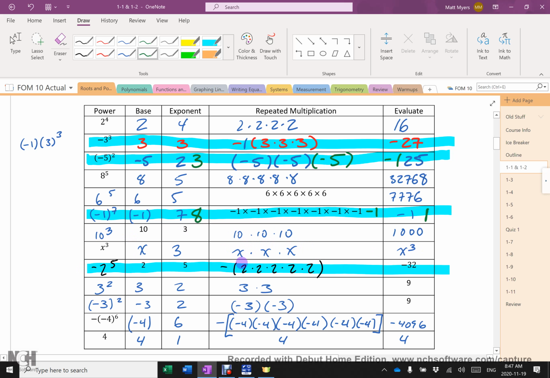And then this one always messes kids up. How do I have a positive base and a positive exponent and end up with a negative? I got to have the -1 out front. But this one's weird because if I did -2, oh, there goes my